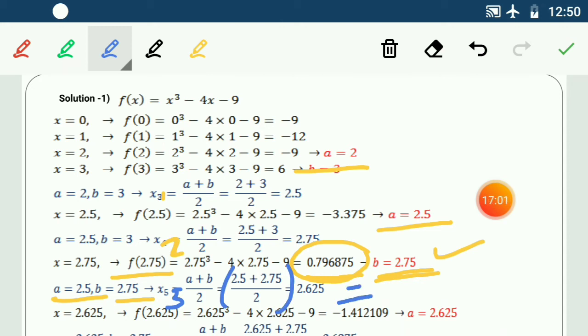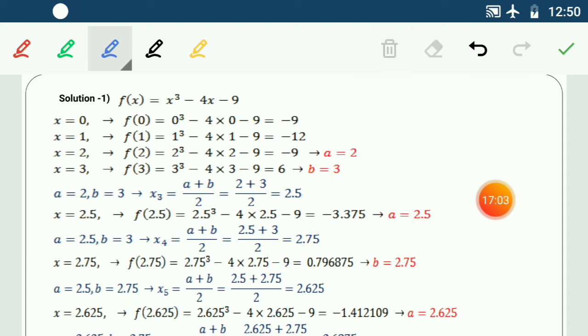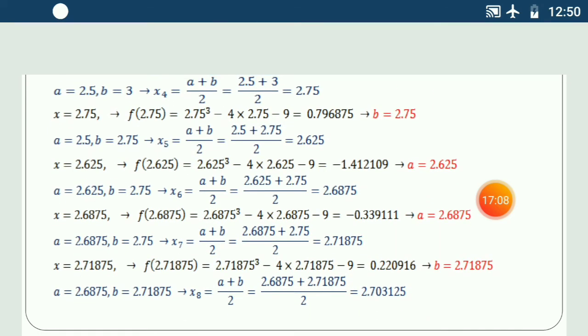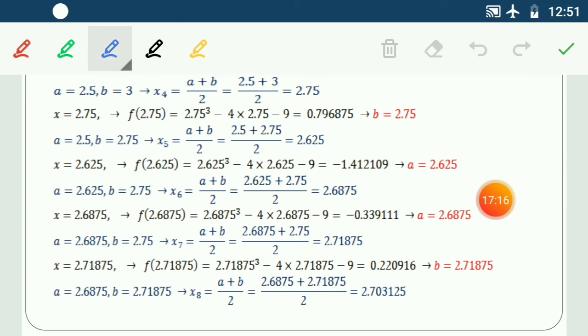Okay, so this is the next iteration value, and in the same process we can go for multi iterations. We have to go up to the multi iterations. So I got here different values like 2.625. Here I got a negative value, so this is replaced by a. So next a is 2.625 and b is 2.75, and then the next iteration gives me 2.6875, which gives the f